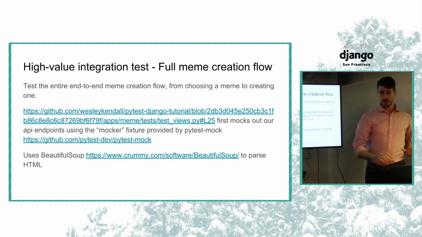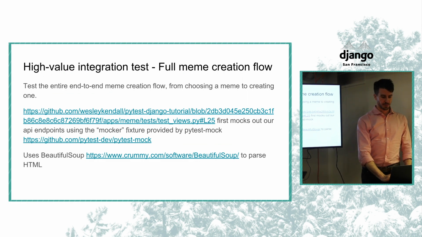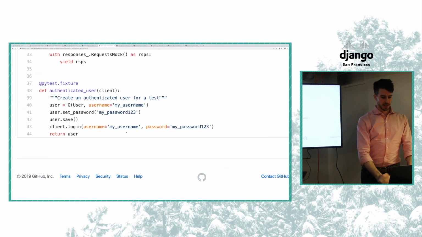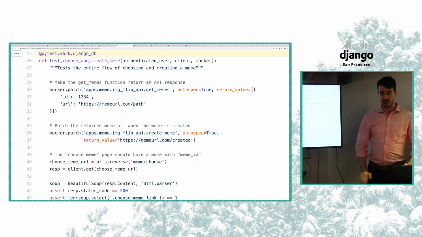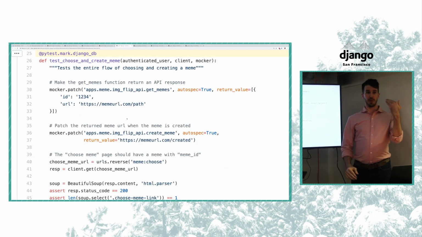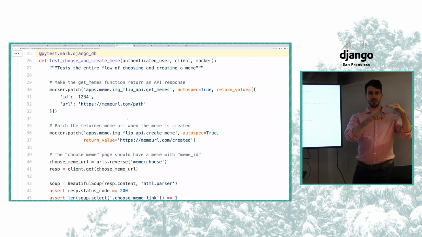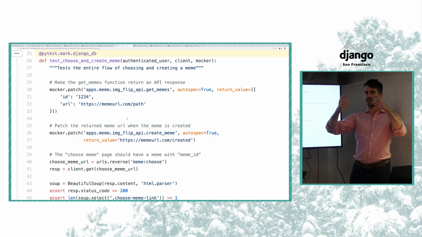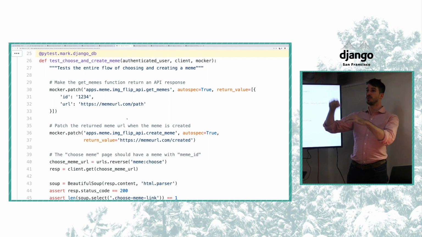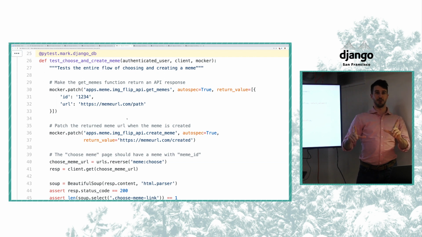And this tests the full meme creation flow. So what this is doing is it's actually loading up the choose meme page as an authenticated user. It's clicking on the first meme that it finds. And when I say click, I mean it parses the HTML, finds the URL, then it loads that URL. So it takes you to the create meme page when it goes to that URL, and then it posts to that page. So it posts the 2 text fields that's needed,